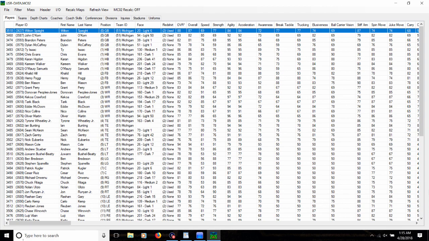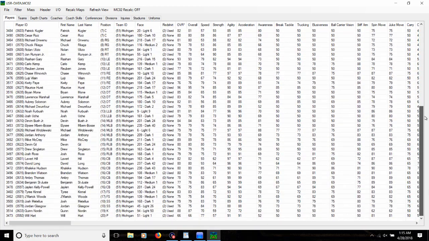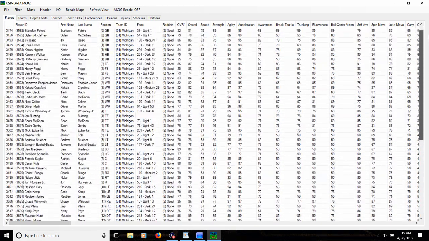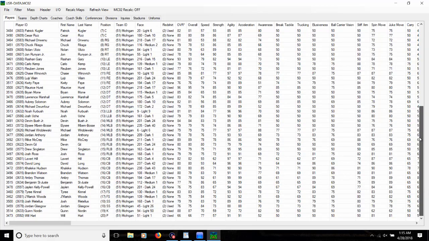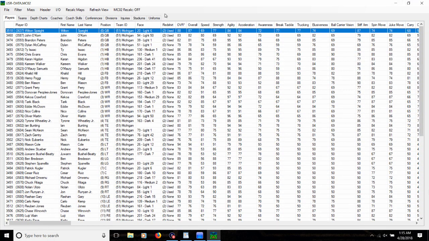Now, one of the hardest things, and nobody ever really can figure out, is this right here. We're going to export this old roster to Vikes' new file. So we go up here, right here, click, and we're going to go to export, and we're going to go to all visible. Now when you do this, you got to make sure that you filter to the team that you're going to export. So you see this is just the Michigan team all by themselves. Come up here, export,